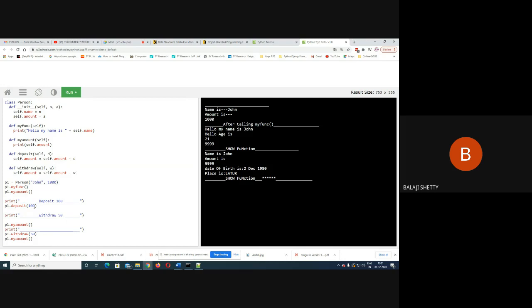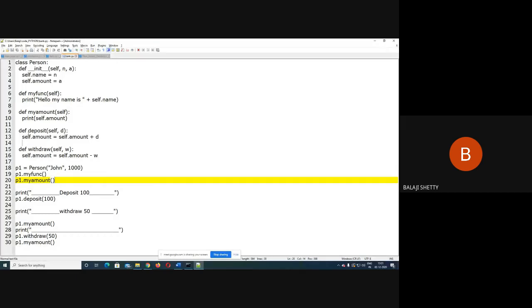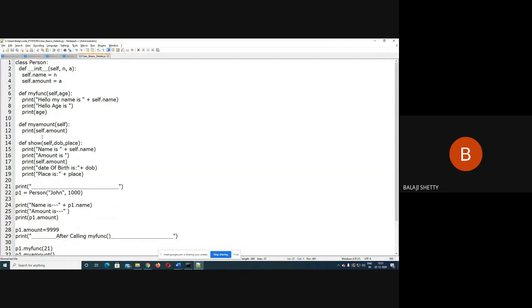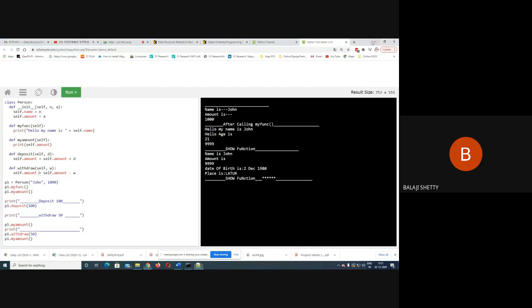So I have already covered the basics of these in my previous code: how to define a function, how to define data members, how to define member functions, what the parameters are. All the prerequisites useful for this program are already covered in the previous lecture.